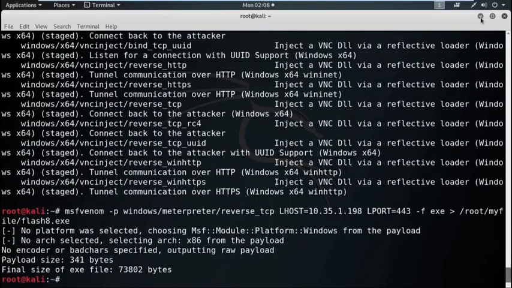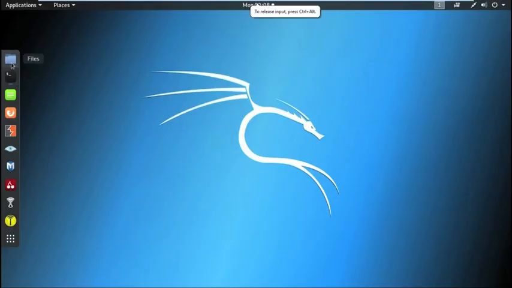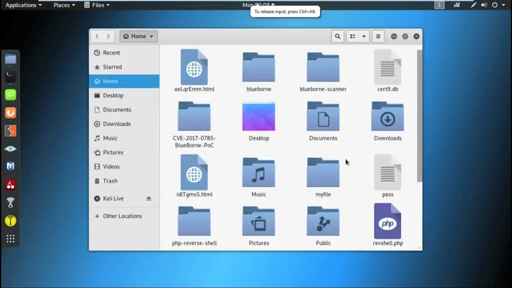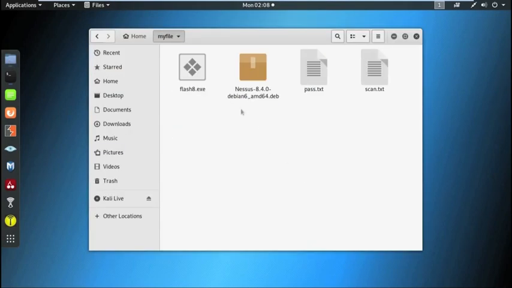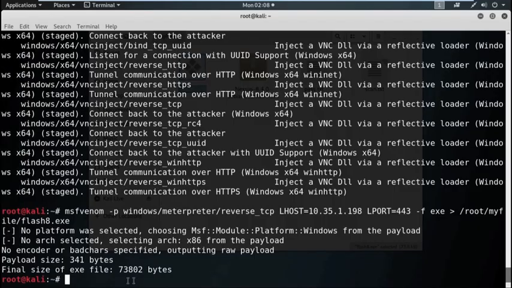Now, check the folder. Now, see, it is already created. Now, our main aim is to execute this exe file on the target machine using any kind of social engineering attack, like maybe through email, maybe by website, or any other social engineering attack vector.